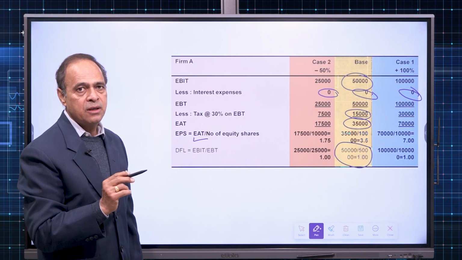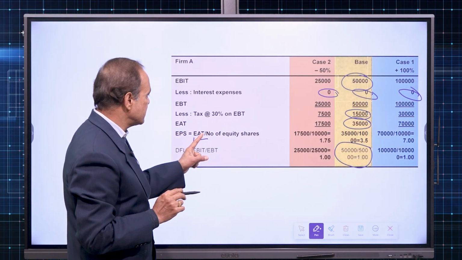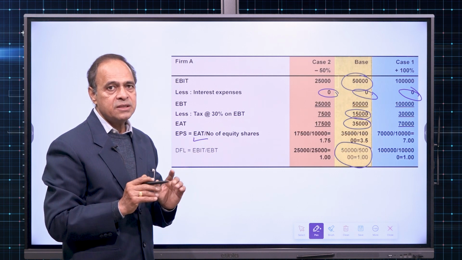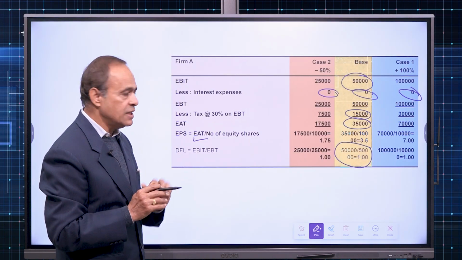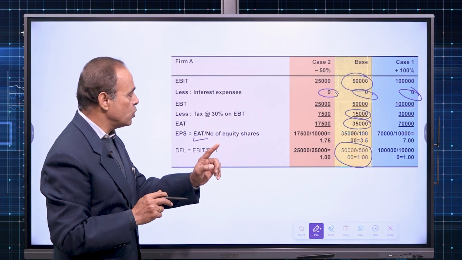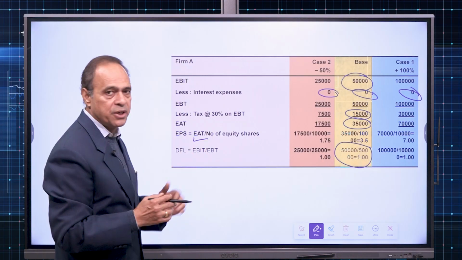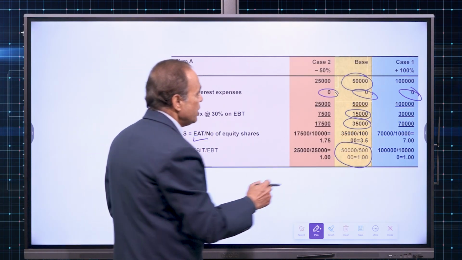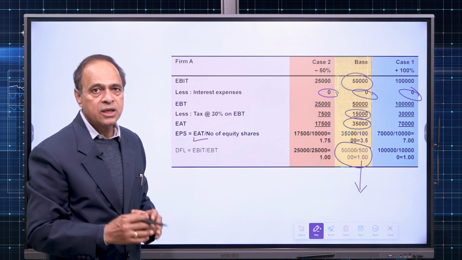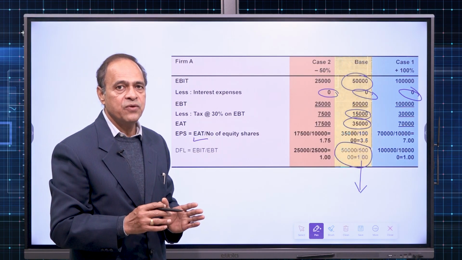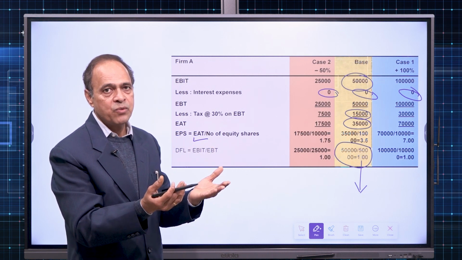Sometimes it is not given in the examination. You have to calculate EPS also. So earning after tax divided by number of equity shares. Since there was no preference earning, we take the preference dividend to be 0. So EPS at each level we have calculated, but DFL at all three is 1 because there is no debt. The DFL formula is simple, EBIT upon EBT. Now at the base case we get DFL 1. It simply means from the given level, if EBIT changes by 50% on the upside, then EPS will change by 50% upside.